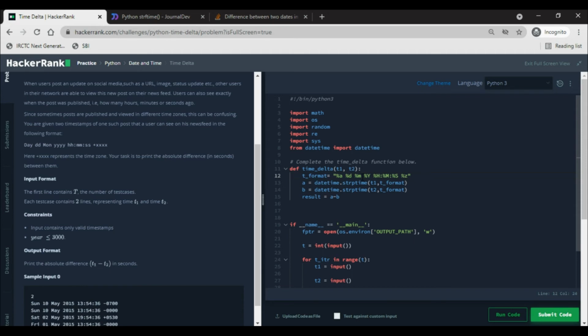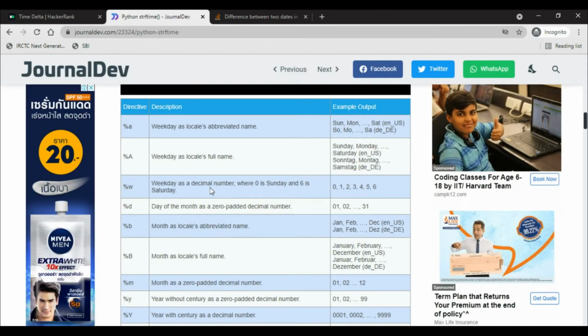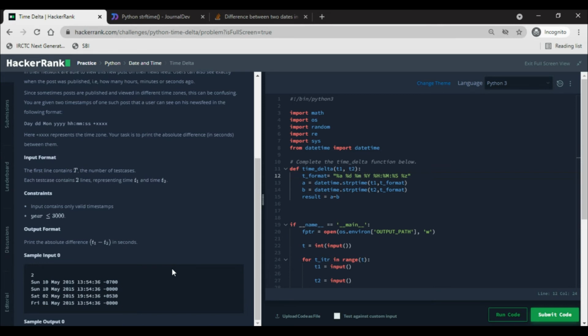So it's not small a, it is small m, right? Month as zero padded, yeah. Percentage, yeah, it should be small m, right?